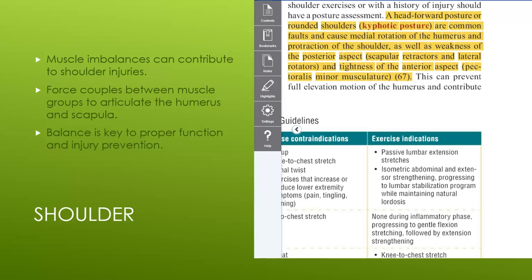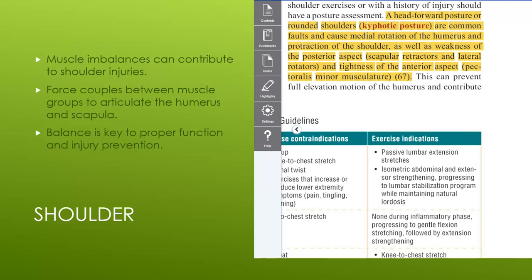Subscap, the job of subscap is to help articulate the shoulder blade back and forth. Same thing with the rhomboids, they help articulate the shoulder blades back and forth, kind of in and out. You also have, as you raise the arms above your head, this co-articulation. The arms go up, the shoulder blades actually have the lower border rotate outward. So there's a number of different things that happen when we move our arms